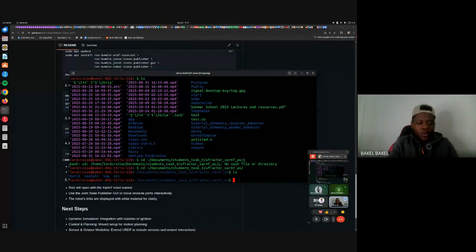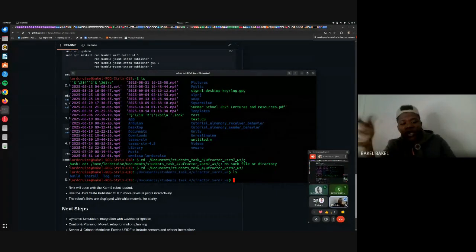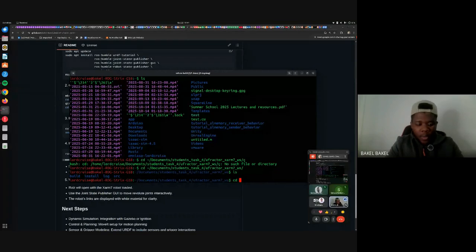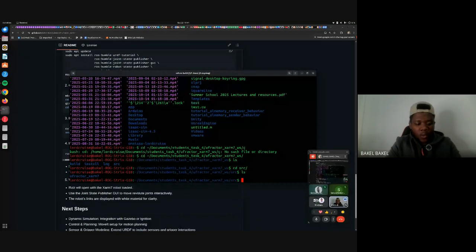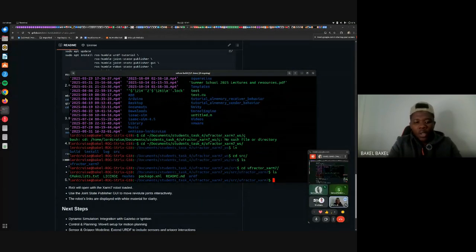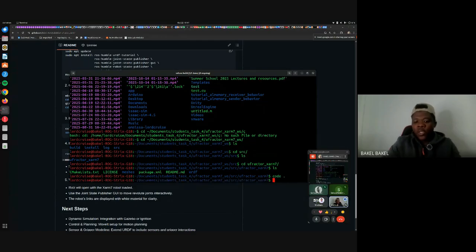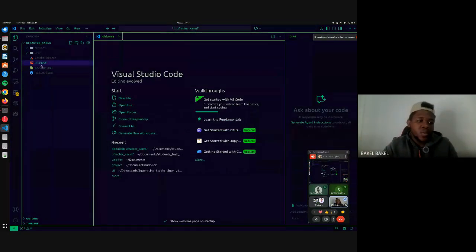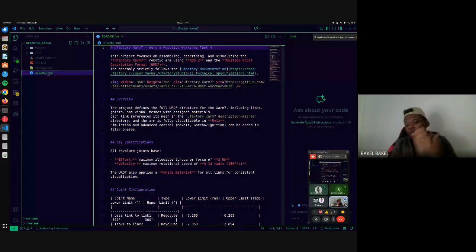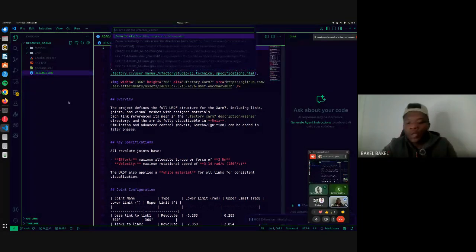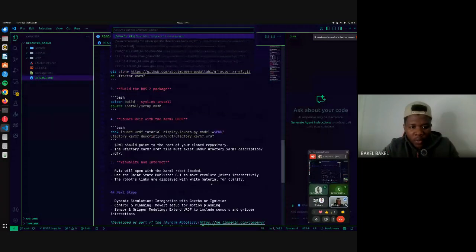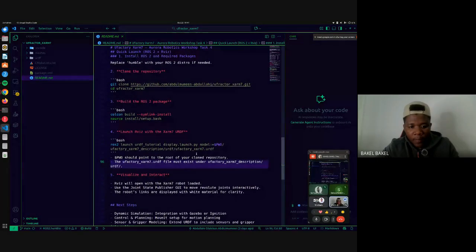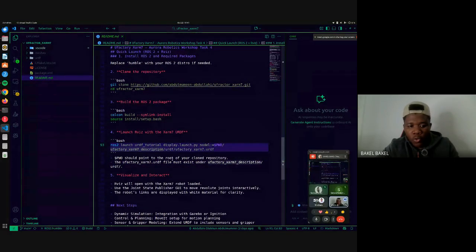Okay, we're back. So build, install, log, source. I would go into the source and open VS Code here. My idea of opening VS Code is simple. I want to edit the README because that's where the problem is. The problem is not in the code, it's not in the package, it's in the instructions. So I head over to the README and I'm going to correct this to